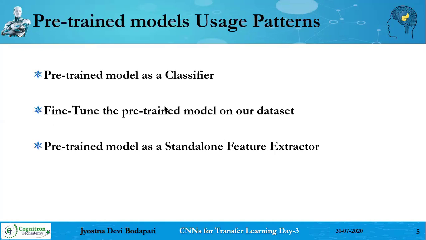That's what fine tuning is. I'll explain why we need to go for fine tuning. And then, instead of using the existing pre-trained model for classification, you can use it as a feature extractor also. So the third strategy of transfer learning is that a pre-trained model can be used as a feature extractor.